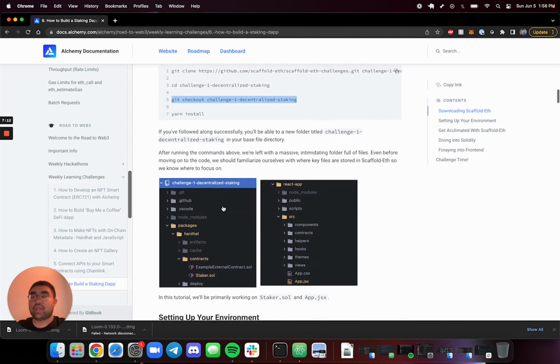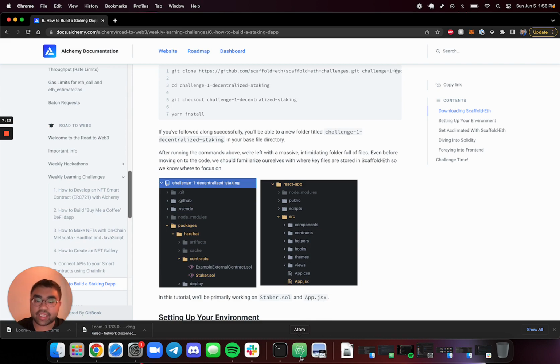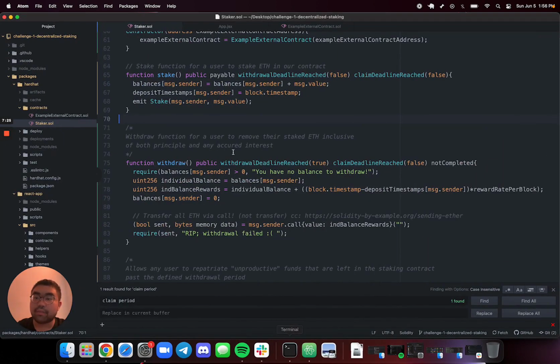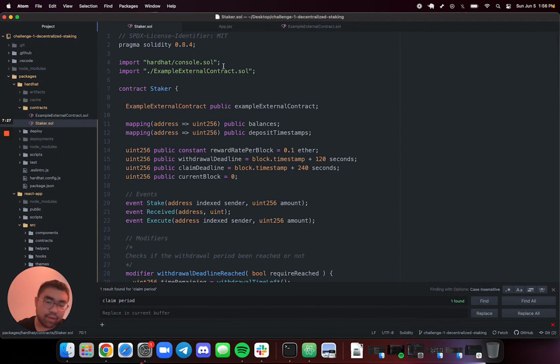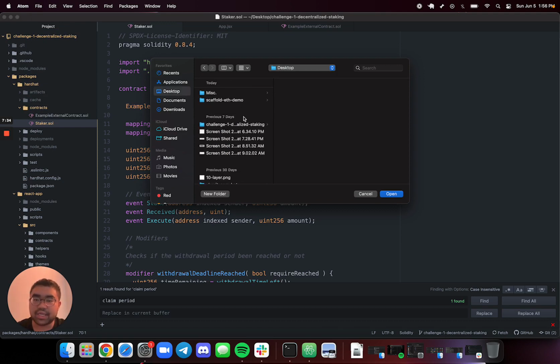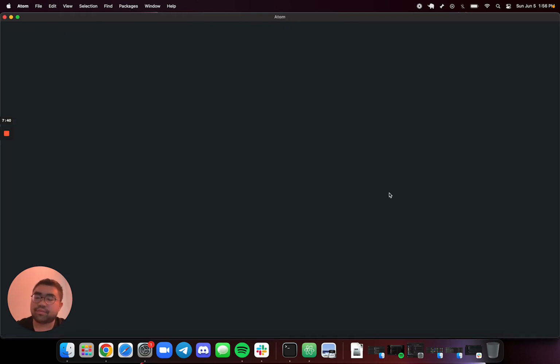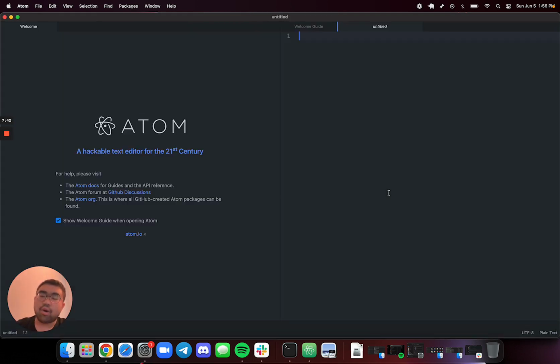I'm not sure what your preferred IDE is or what type of developer environments you're familiar with. I'm going to be using Atom today just because I think it's nice and easy to use and really simple. So I actually have one that I filled out previously when I was writing this tutorial. So I'm going to spin up a new project file. Let's go ahead and do that. We're going to go to desktop, Scaffold-ETH demo, challenge 1, and then we're going to open up our folder. Awesome. And so opening it up,